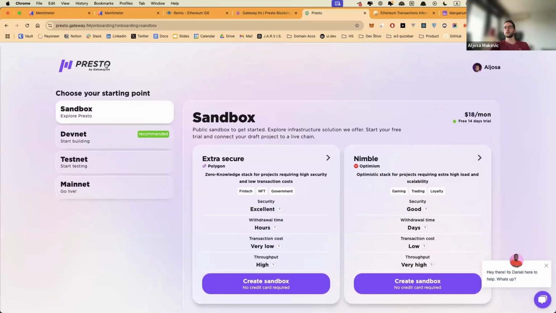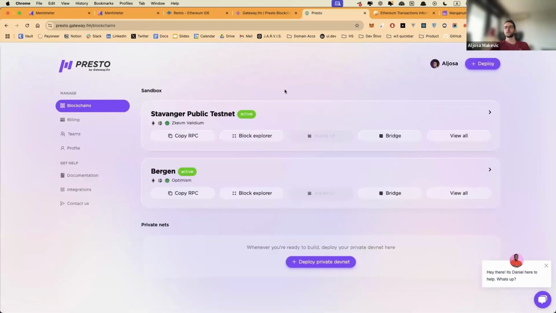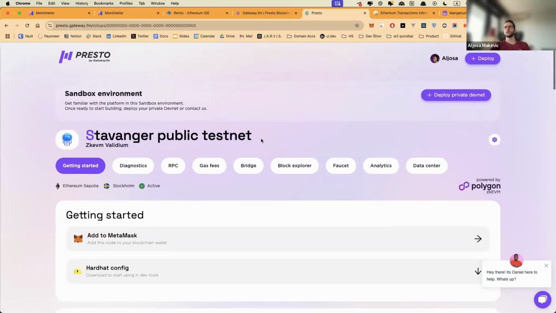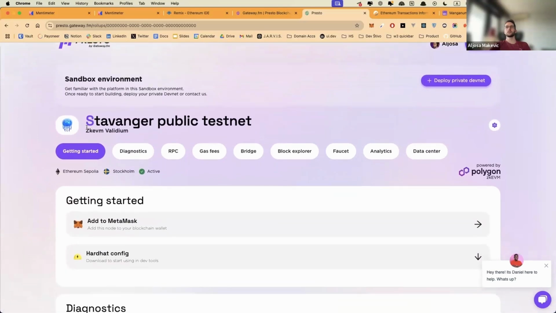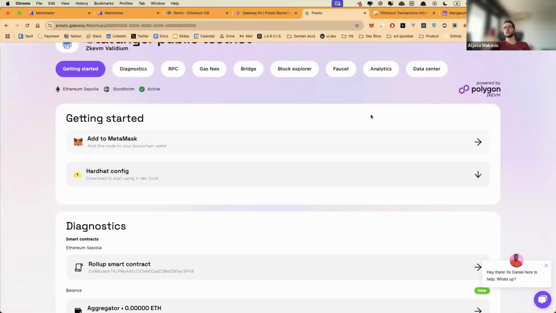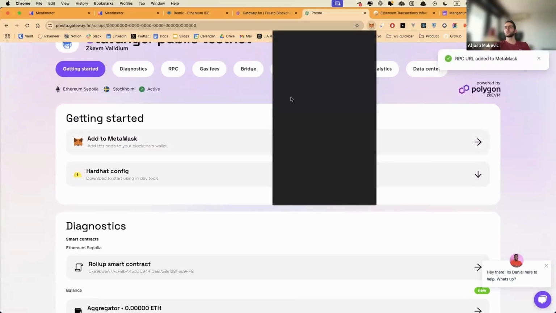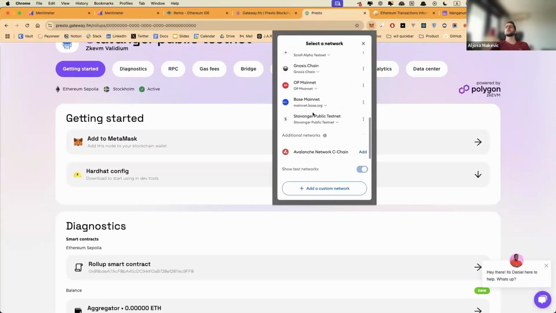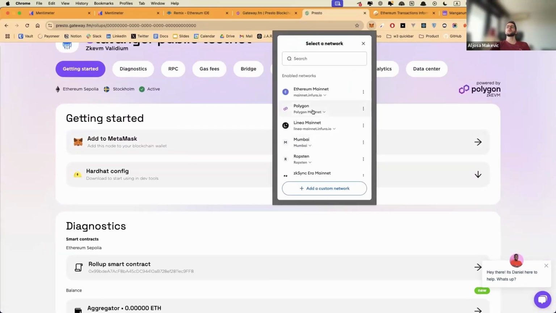So as I said, I already have these chains deployed. I'm gonna show you Stavanger. Stavanger uses ZK as we talked about, and if you don't have it, you can add it to your MetaMask right here. I already do. On the top left of your wallet, you have a list of all the chains you've added.